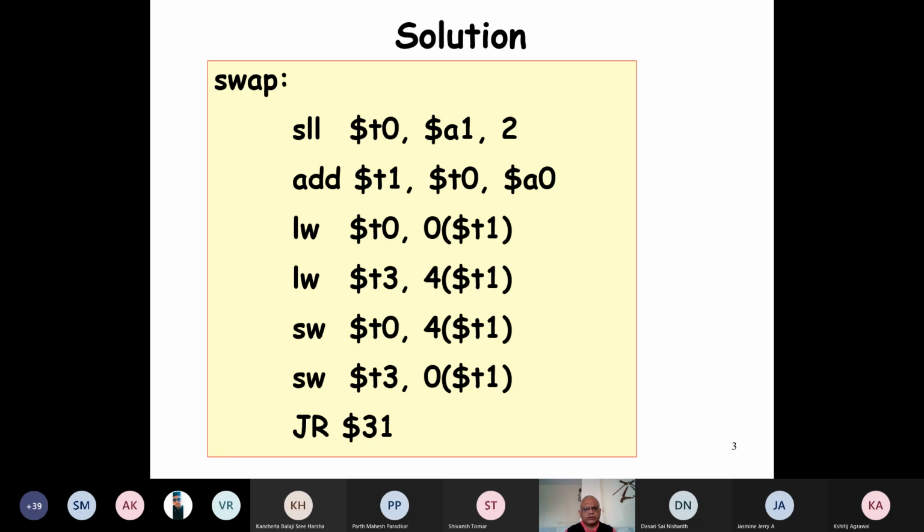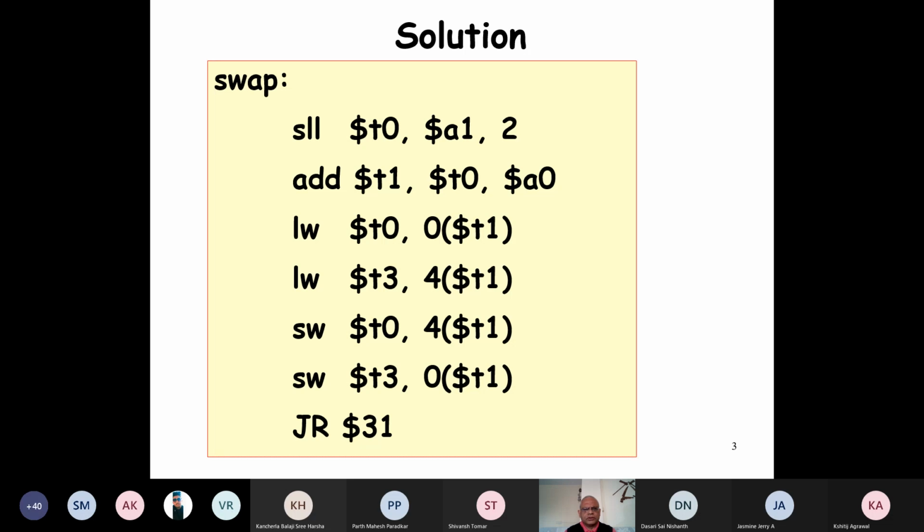And also load word 4(T1). So that is the next element, the K plus 1 element. So we have got the kth element here and the K plus 1 element here. And now our work is to just interchange them.